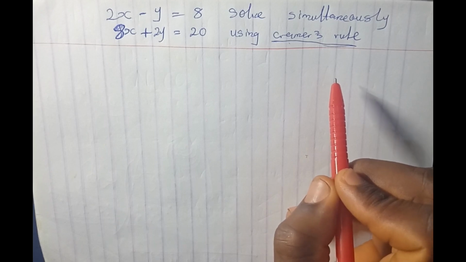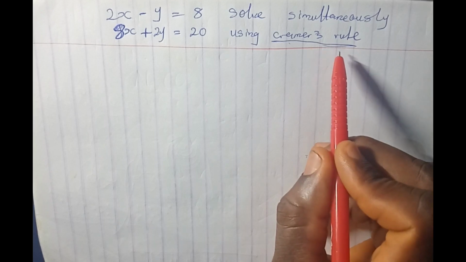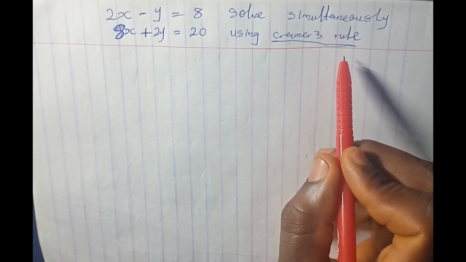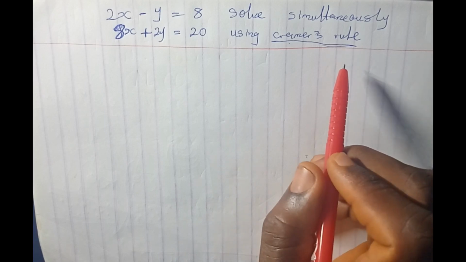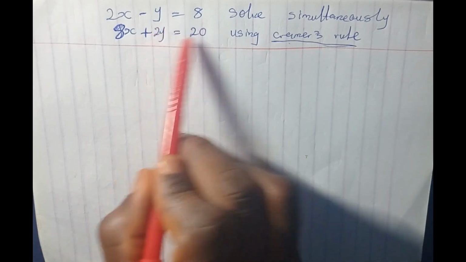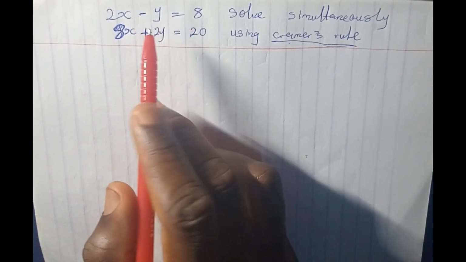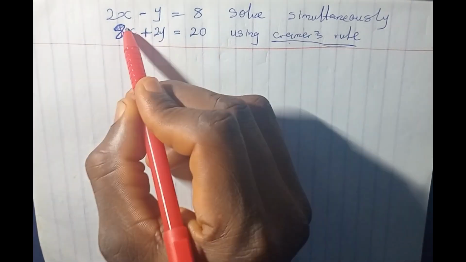Is that clear? So please, let's solve this using Cramer's rule. I've tried to release this Cramer's rule before, so I'm trying to release it again. Very good. Now, I told you that before you can solve these two linear equations simultaneously using Cramer's, you have to first of all bring out